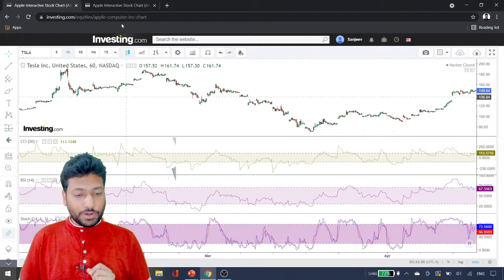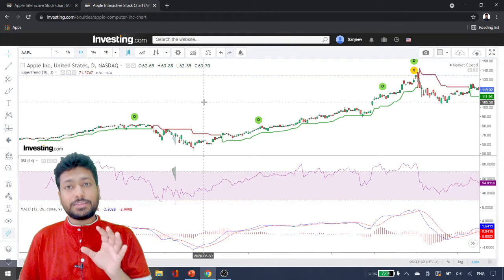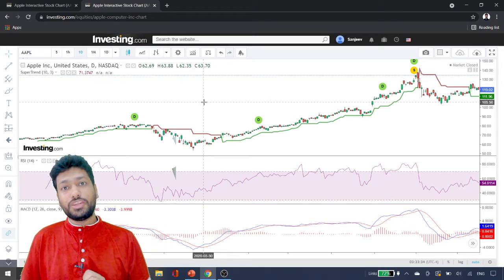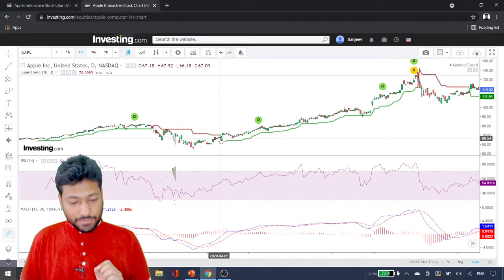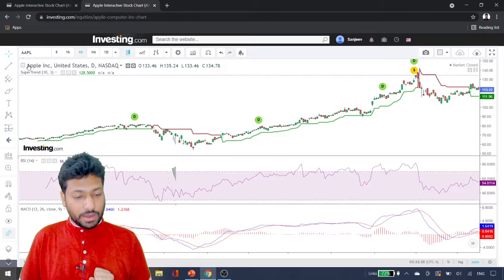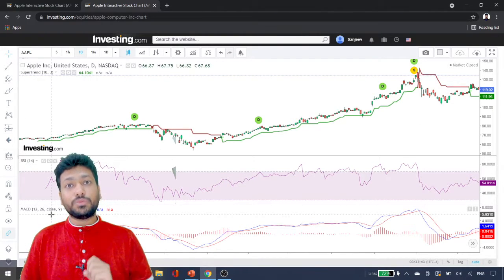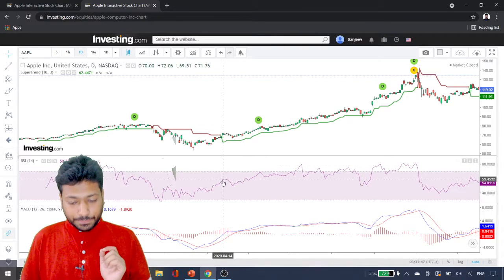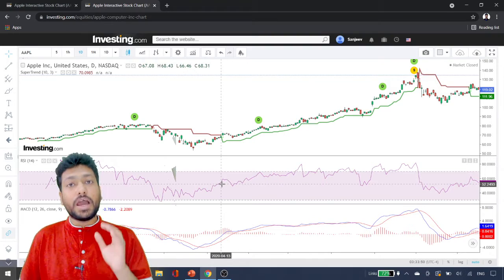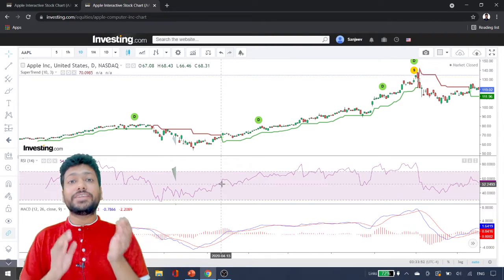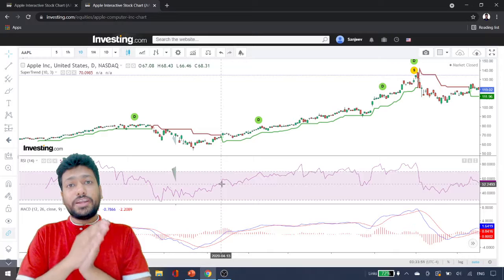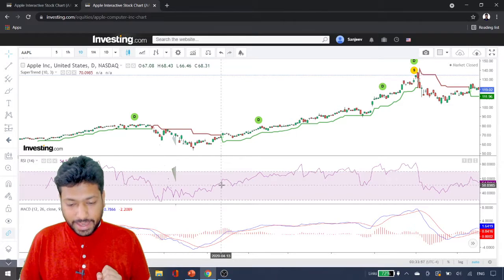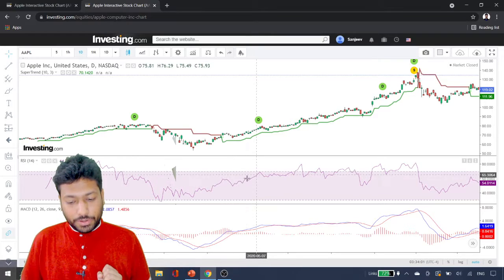So instead of that, you can use indicators which are complementary in nature. Firstly, I have used three indicators. One is the super trend, next is RSI, and the next is MACD, that is moving average convergence and divergence. Now, whenever you have an RSI above 50, this reflects that there is a bullish market, and this bullish trend is going to continue. So this area is above 50, as you know, so this is reflecting that the prices are going to rise.